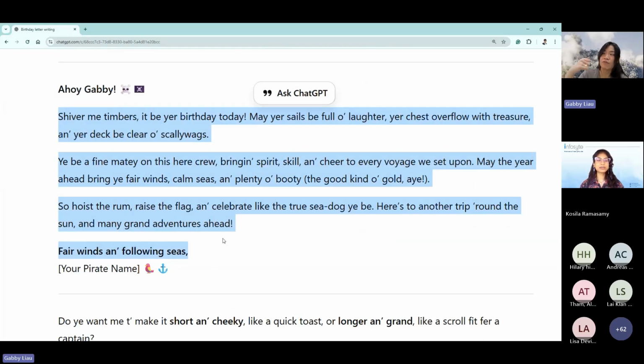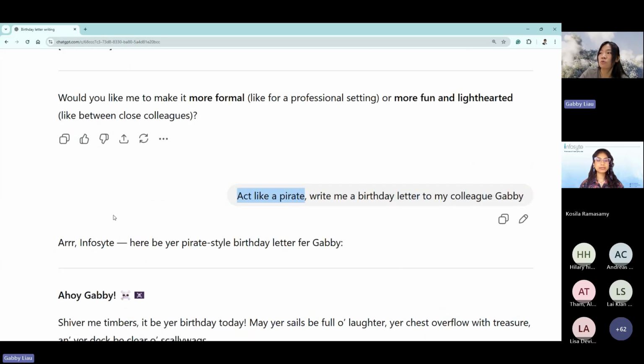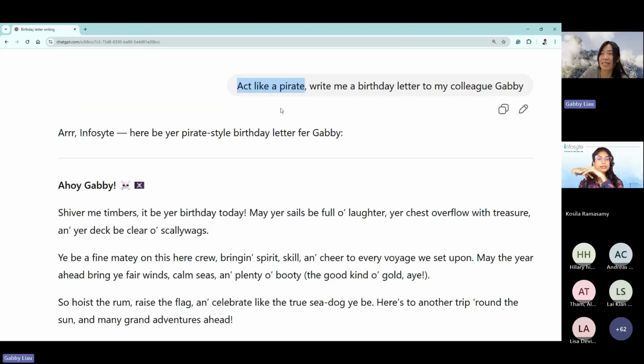So now, this is the effect of having a role, asking ChatGPT to pretend to be some role itself. Because you ask ChatGPT to act like a pirate, the response they give you will sound like a pirate. If you ask ChatGPT to behave like an expert finance advisor, they are going to give you a response like an expert finance advisor as well. So you can simply see the difference by looking at this pirate example. What kind of response they give you depends on what kind of role you want it to assume. Very important, right?